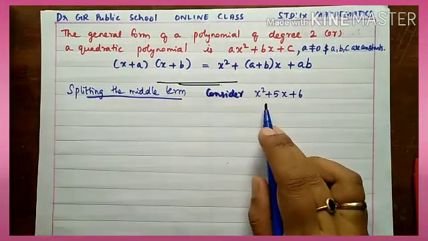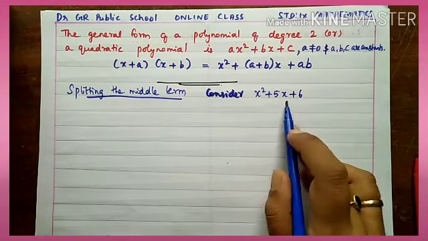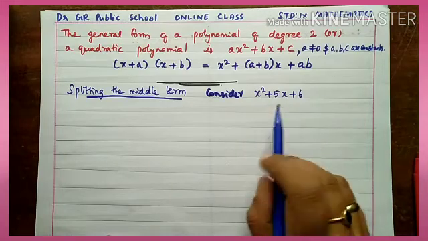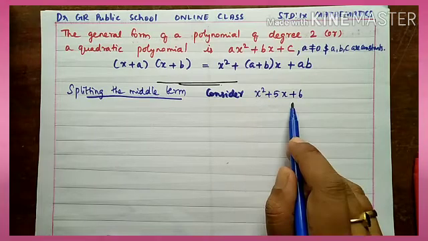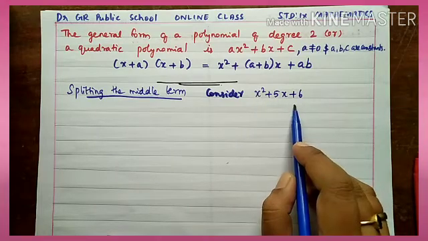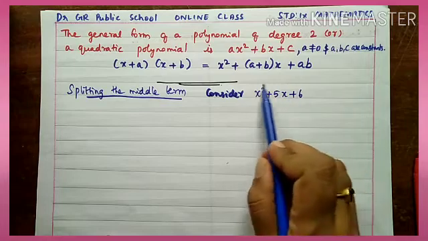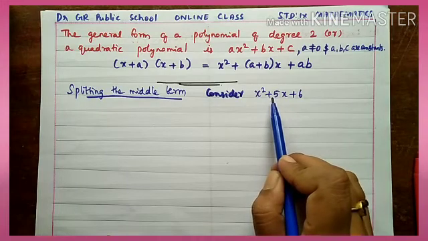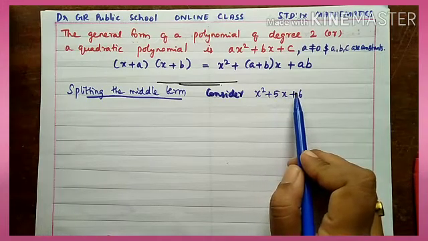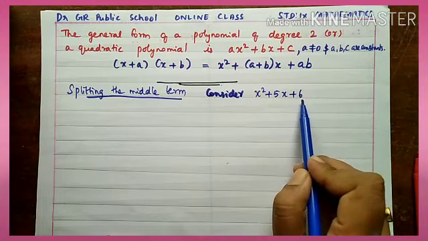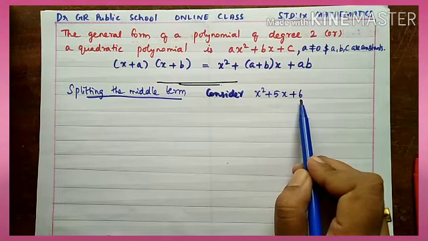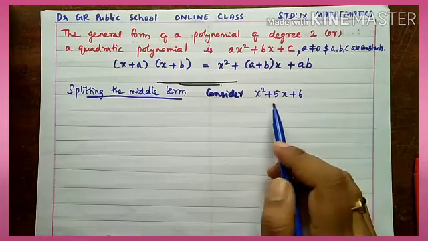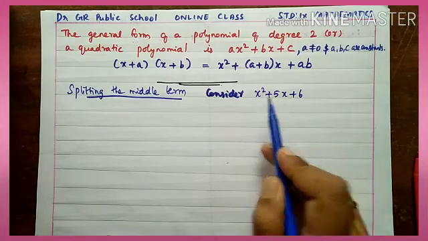Okay, so this is a given quadratic polynomial. Now you see, here we cannot immediately say what the factors are. We cannot regroup the terms. We cannot find any common factors here. Can you apply any identities here? No. For the identity a plus b the whole square, the constant term is a square number, correct? But here 6 is the constant term and it is not a square number. So you cannot apply a plus b the whole square or a minus b the whole square form, and the third identity, a square minus b square, we also cannot use.